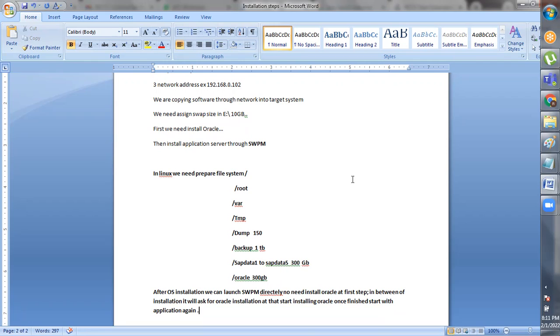then he will ask a question: while installing SAP and Oracle, what do you install first in Windows and what do you install first in Linux? At that time they trap you, whether you are lying or not. At that time you have to be confident. If it is Linux, we have to install SWPM first and in between install Oracle. But in case of Windows, first complete the Oracle installation, then only go with SWPM and application server installation. That is the major difference in the installation part.